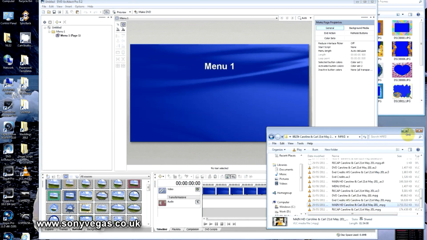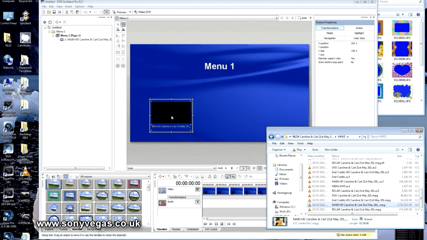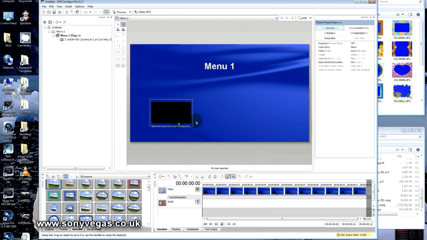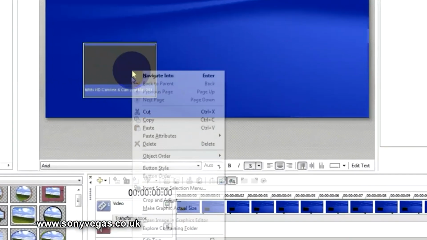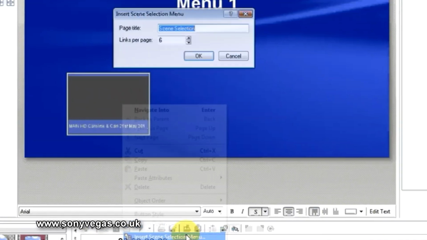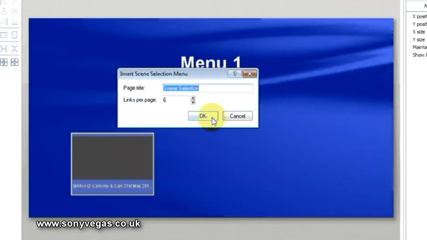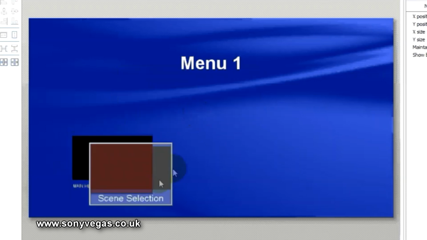Now, in the last tutorial I showed you how to drag on a clip from a folder and it becomes a menu. The thing I'll just add here very quickly is that, so I'll just change my mouse to the selection tool. If you right click it, this is insert scene selection, and then you can click OK if you wish, or type a new page name for each one and how many you want on each page. Click OK. It gives us a button,